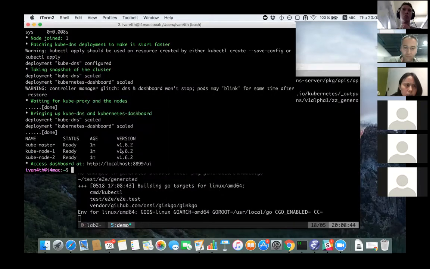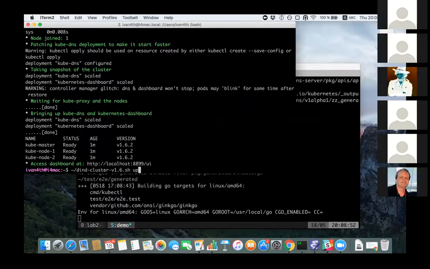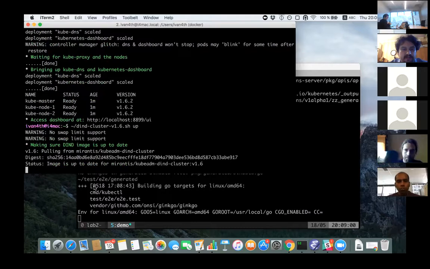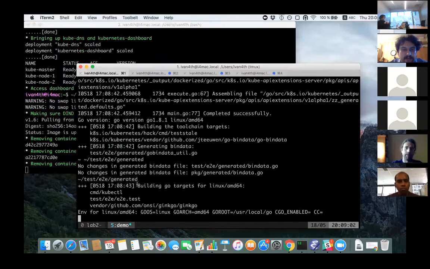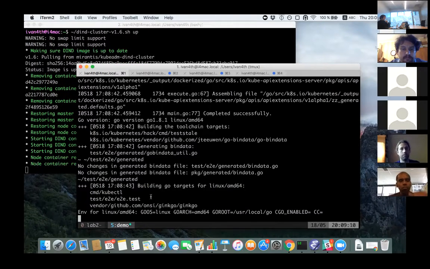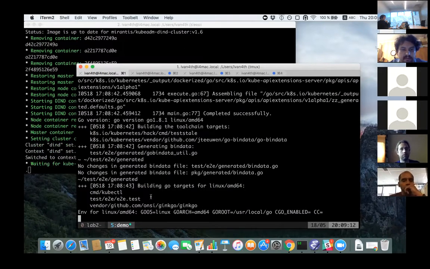While it completes, we see that the cluster has already started. Actually, the first cluster startup takes quite some time. But it makes a snapshot of the cluster configuration, so if I start it again, it will take maybe under 50 seconds here. And if I have time to restart it here, it will take maybe 40 seconds or less. So cluster restarts are quite quick, and if you broke your cluster, you can restart it in a jiffy.